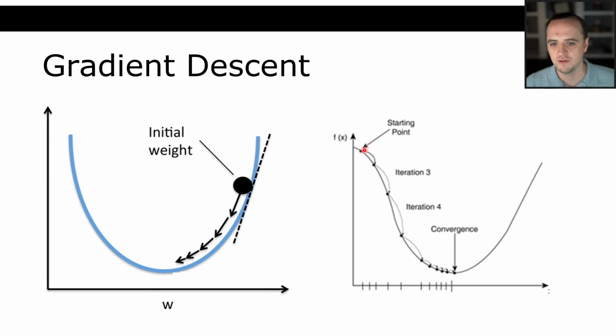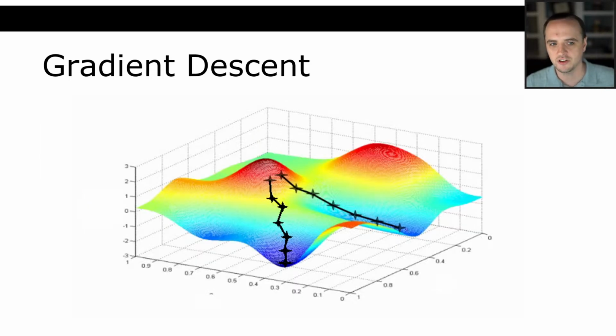So what you see over here is you have some starting point. You compute the error gradient. That's why it's called gradient descent. So maybe you compute, okay, this is the error gradient. We are going to move in this direction and get to this point. Then we compute that gradient and move a little bit in that direction. We get this gradient, we move in that direction, we get it here, until we converge and our errors get less and less and less. This can be done in multiple dimensions. If we have multiple weights, we can do that in multiple directions.